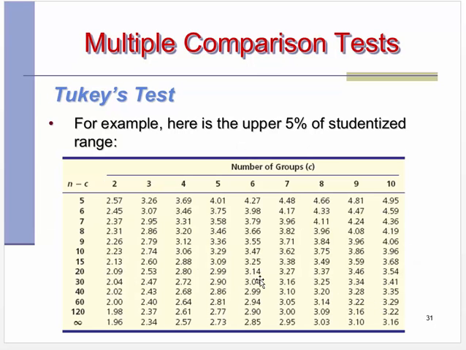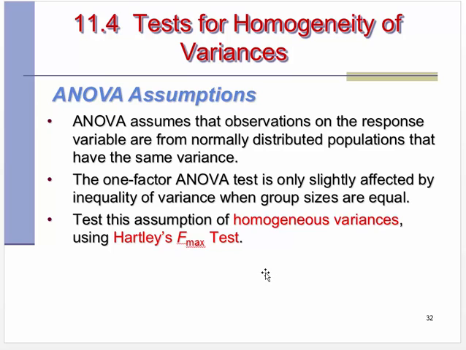This is the Tukey test table here. For example, here's the upper 5% of the studentized range. This is the number of groups, c, and this is n minus c. ANOVA assumes that the observations on the response variable are from normally distributed populations that have the same variance. The one-factor ANOVA test is only slightly affected by inequality of variance when group sizes are equal. So to test the assumption of homogeneous variances,